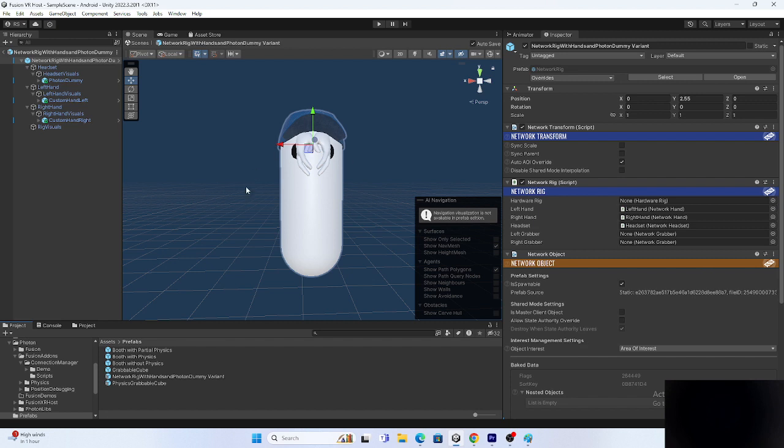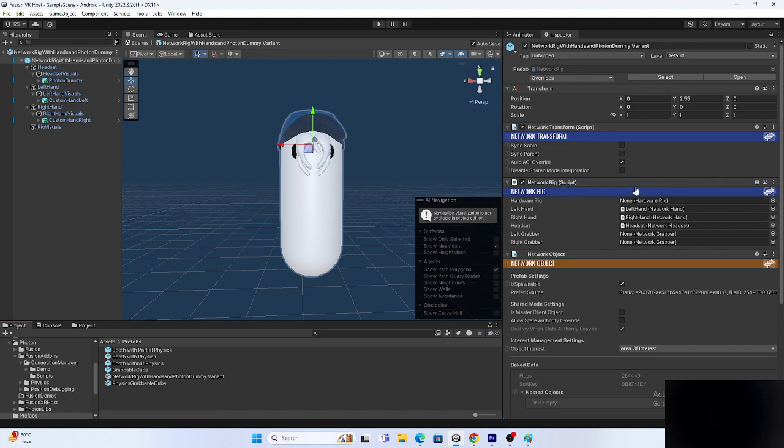Whenever I open it, here you can see this is the player, and on this player you can see the network transform. Network transform helps us transfer data on the network, but I have noticed that it works from the host if you are in host mode. When you join as a host and another joins as a client, the client will be able to see all the host's work. But if the client has this network transform, then as a host you will not be able to see anything. So for this you have to write a custom script,